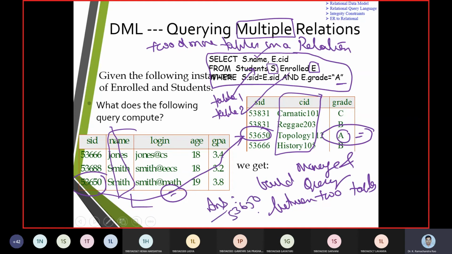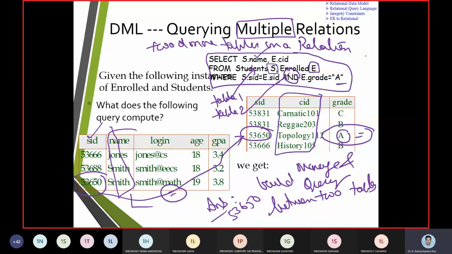Why 53650? Because we compare S dot SID and E dot SID. The ID should exist in table 1 and in table 2. After making the comparison, we have to meet another condition.